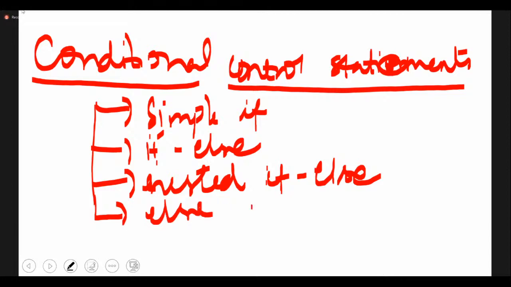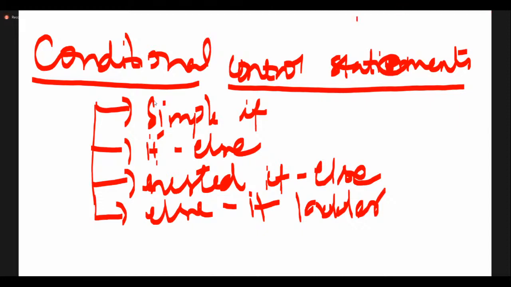You have to explain about all these four things. First one is simple if, then you have if else, nested if else, and else if ladder.